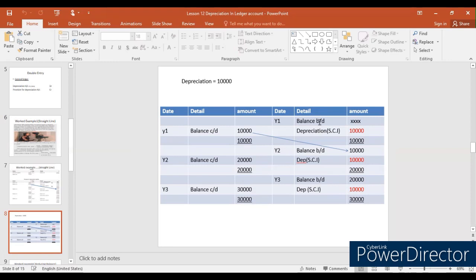Since there is no balance brought forward, the first thing you have to record, if there is no balance,